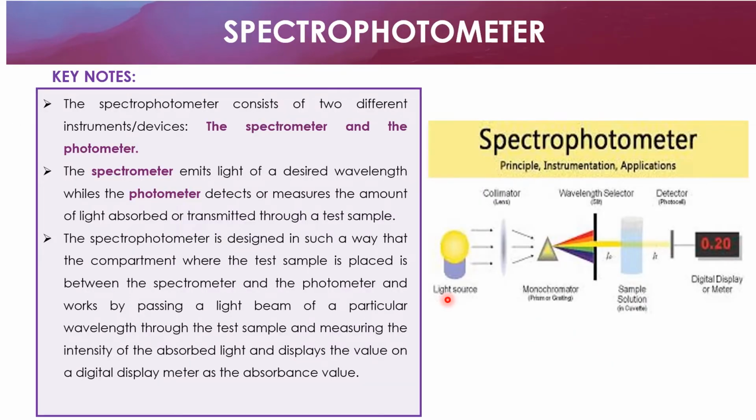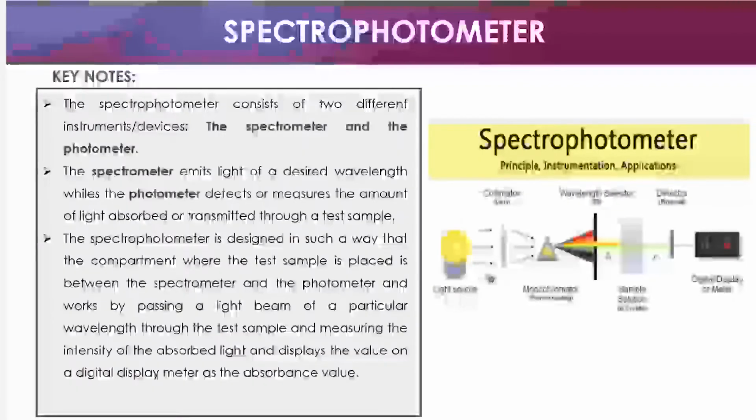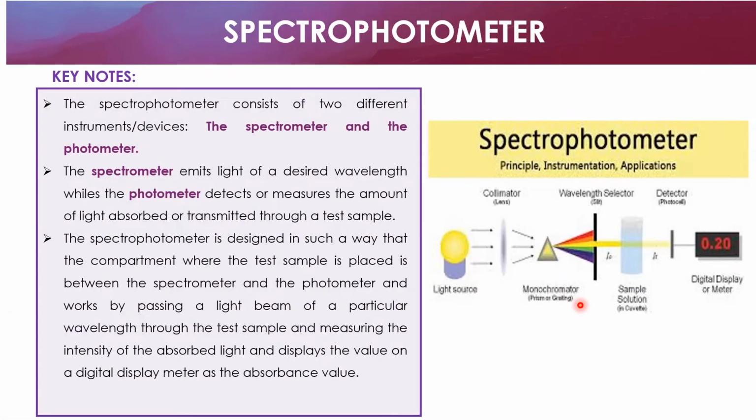Let's look at some key information on the spectrophotometer. Before we do that, the diagram here shows the basic parts of the spectrophotometer. From this diagram, we can see that the light source, the lens, the monochromator, the wavelength selector or the slit, the sample compartment, the photocell, and the digital display board or meter form the basic parts of the spectrophotometer. The first information that we have to note is that it is made up of two different instruments or devices, and these are the